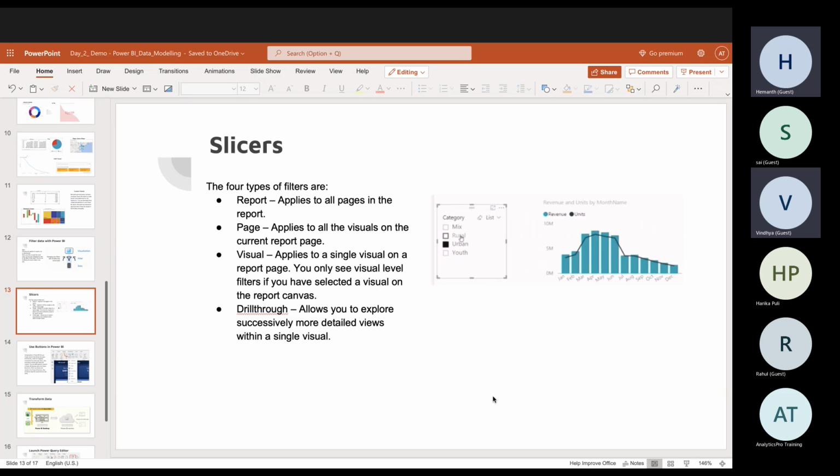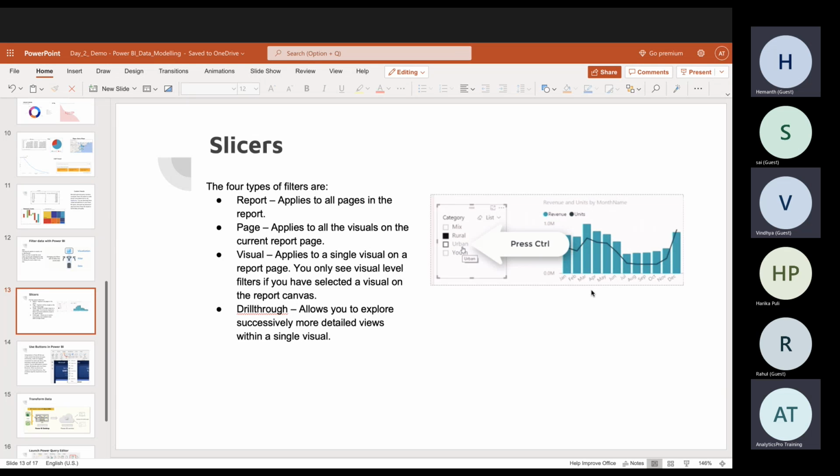And then we spoke about interactive visualizations yesterday. So there's a small GIF which is playing on the right side, correct? You're trying to select it. It says, hey, I'm changing with respect to what's being selected. Yes, it is. Now there are 4 different kinds of filters here: report level, page level, visualization level, and drill throughs. So we can have these 4 different types of filters.